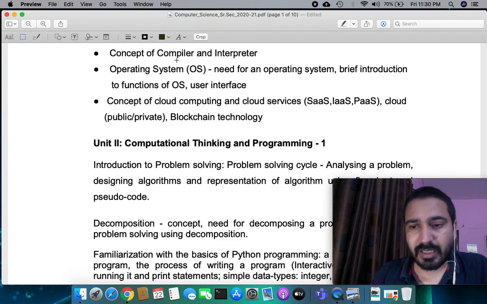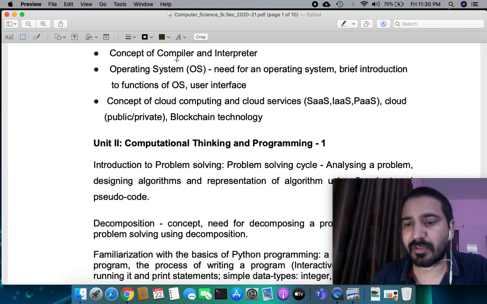The compiler is the part that actually understands the syntax for that specific language. The C compiler is different from the Java compiler. The Java compiler knows the Java syntax and the C compiler knows the C syntax.